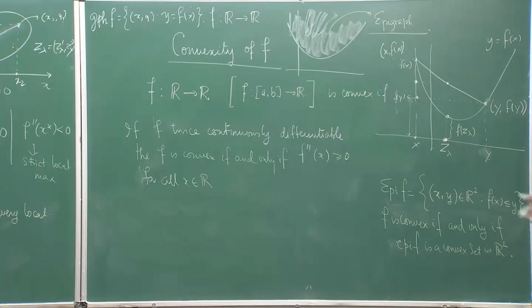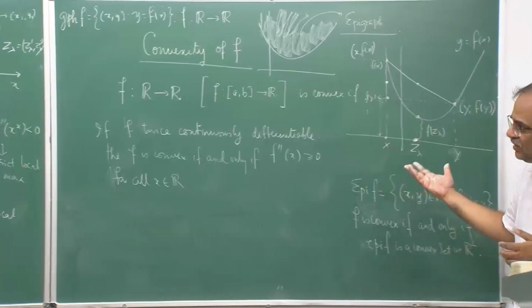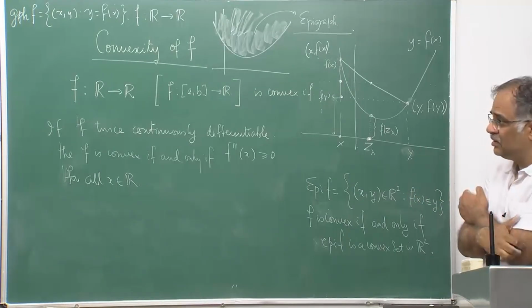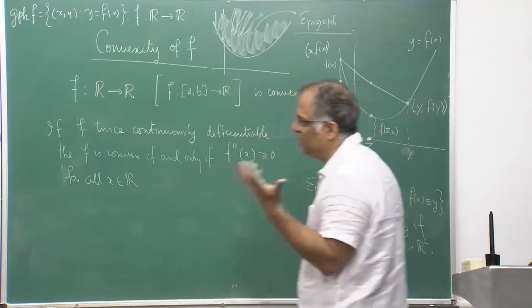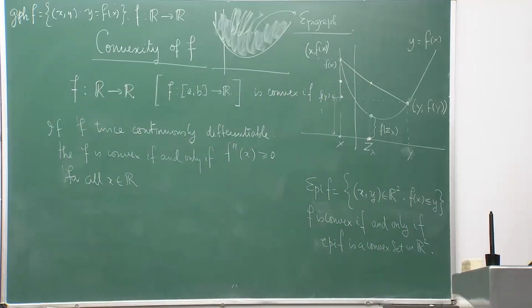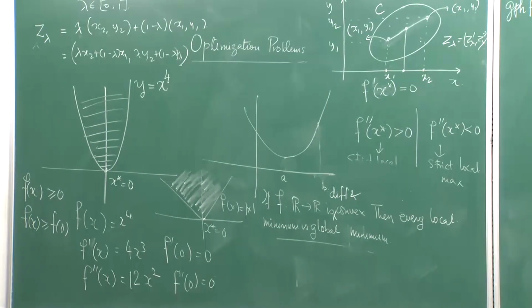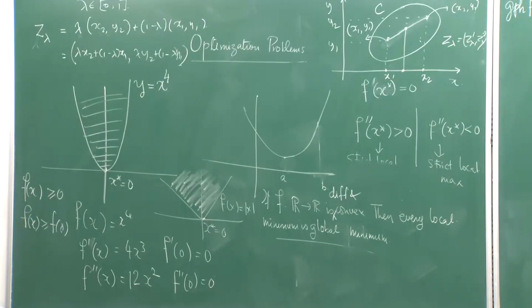So, I am just building up the subject. Certain things will come later, and we will show that these results are actually applications of a lot of mathematics, a lot of analysis, and a lot of optimization essentially bears on something called Taylor's expansion, which will come towards the end of the course. So, that is one way. For example, if I take x^4, f double dash of x is 12x squared. So, no matter what your x is, you are always getting a non-negative value. This is always greater than or equal to 0. So, immediately you know it is convex.